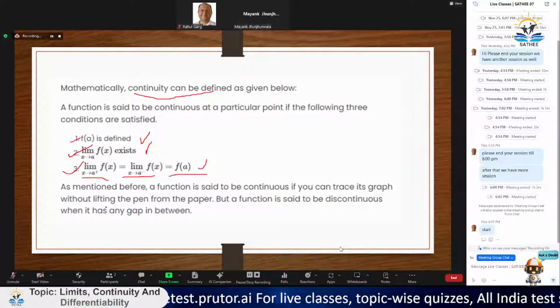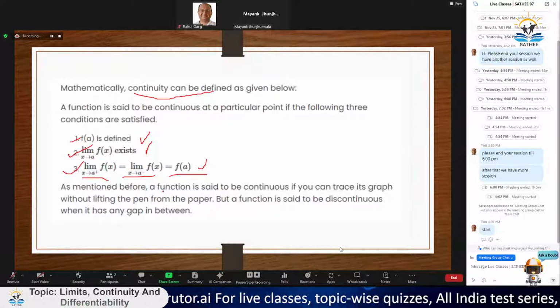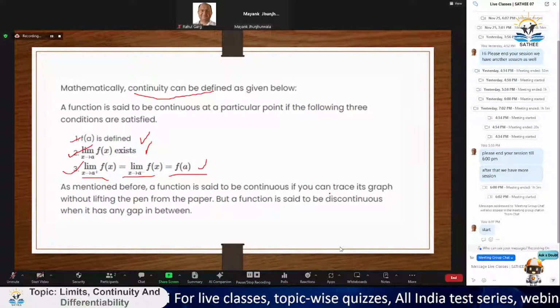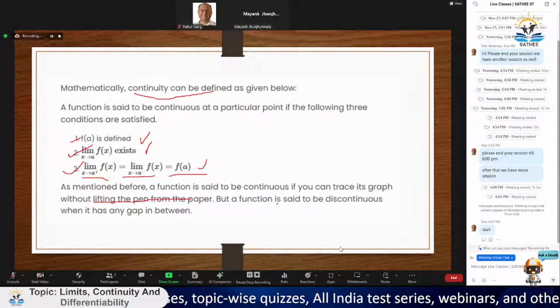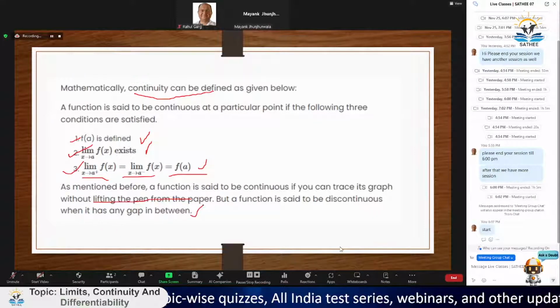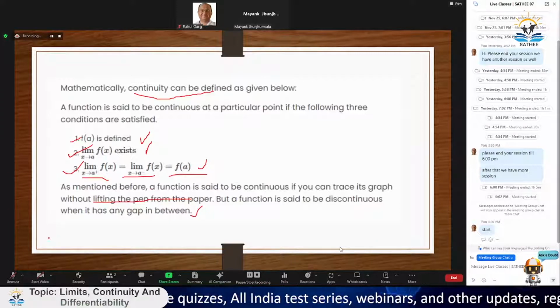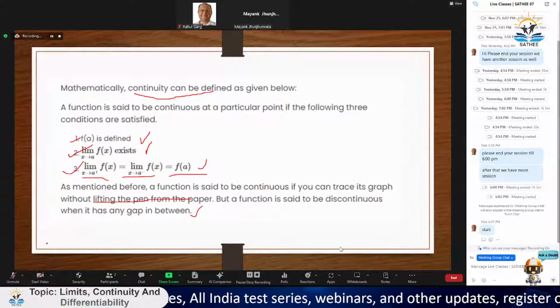Okay, so we can also say this way that a function is said to be continuous if you can trace its graph without lifting the pen from the paper. But a function is said to be discontinuous when it has any gap in between. Okay, so this was an easy definition. Moving ahead,